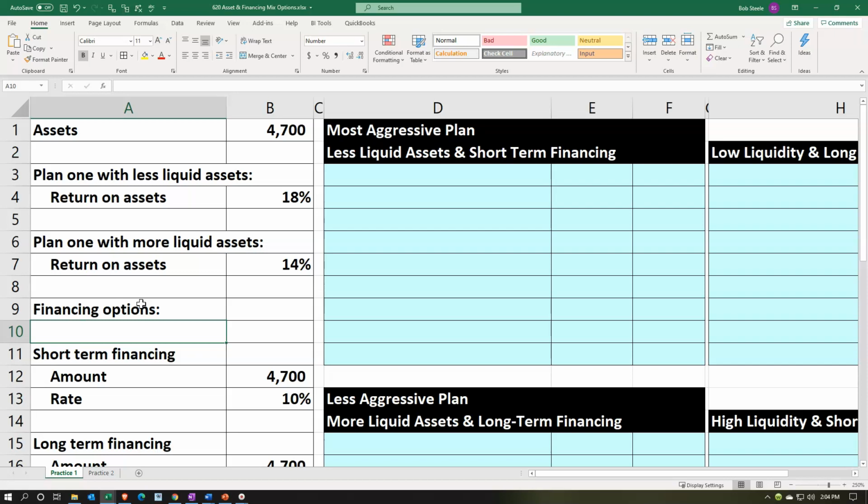So typically when we're thinking about the asset side of things, we may have an option to have a less aggressive plan or a more aggressive plan with regards to our asset mix. And then we might have a similar option with regards to our financing. If we have to have financing, then the question is, we might have a more aggressive or less aggressive financing, and we could start to think about the combination between these 2 types of options, the aggressiveness of our asset